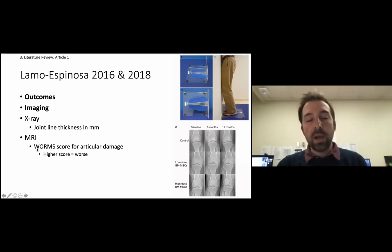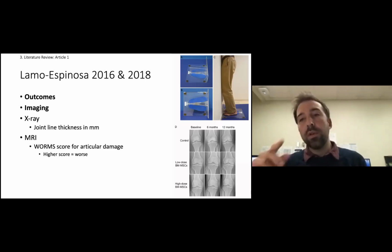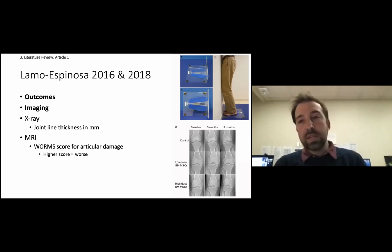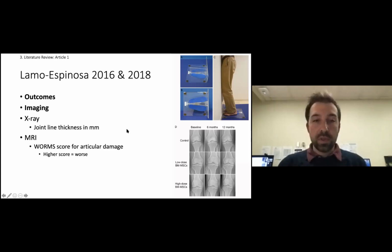For the MRI, all 3 studies that I'm going to present today will follow up patients with MRIs. Again, this just goes to the problem that I pointed out earlier, that there's this lack of standardization. In this study, they use this WORMS score. In the second one, they use the Noyes, N-O-Y-E-S. And in the third study, they have another score that they use to assess cartilage health. So for this one, we're going to look at this one here and see what the trend is over this